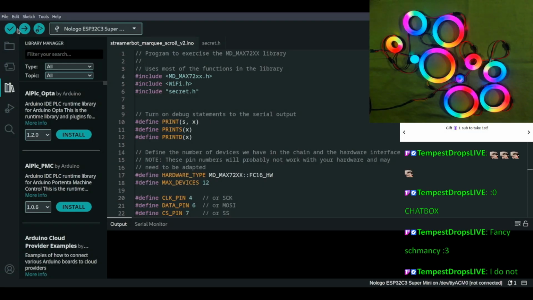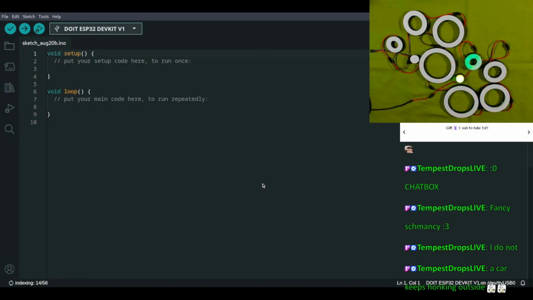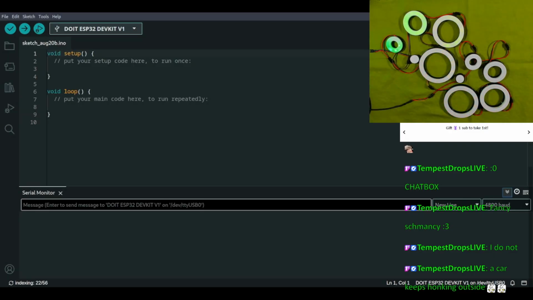This is actually the official demo sketch, so I am going to open a brand new sketch, share that one instead. Bear with me just a moment, and we'll get that capture switched over. Sketch, there we go. All right, and get our monitor up.